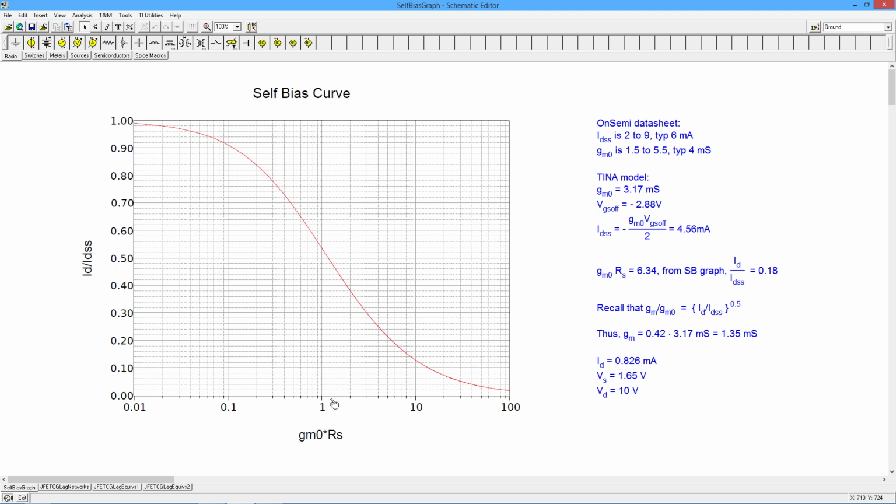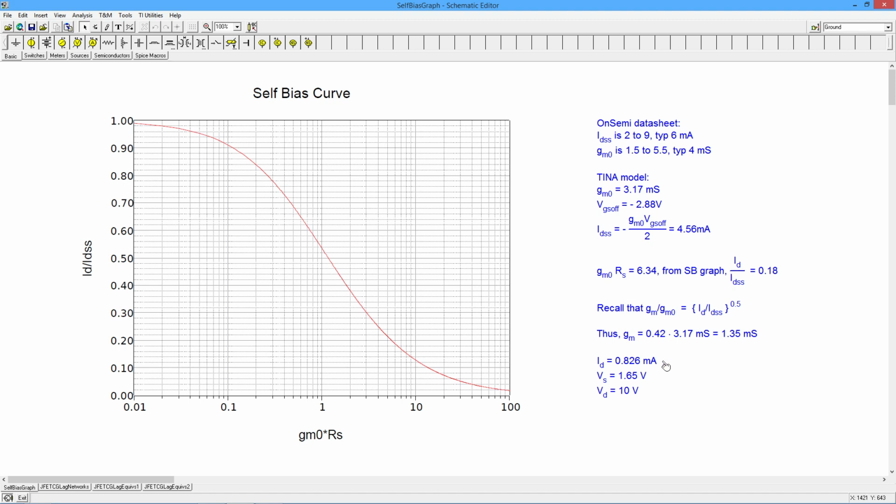So I go over here and find 6.34. So this is a logarithmic axis here, right? So that's 1, 2, 3, 4, 5, 6, and we're a little over 6, and we're around here somewhere. So on that light dotted line, which if you bring back, it's going to be about 0.18. So the ratio of ID to IDSS is about 0.18 or 18%. So if you want to find ID, right, you just take 18% of your IDSS. That works out to a little over